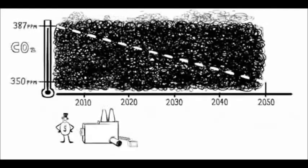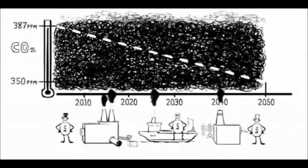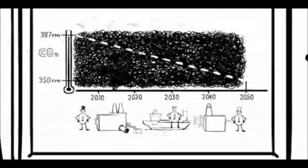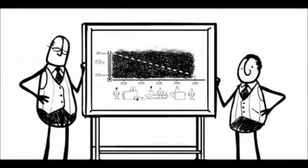The factories that make all our stuff, the ships and trucks that carry it around the world, our cars and buildings and appliances, and just about everything. So how are we going to reduce carbon 80% and not go back to living like Little House on the Prairie? Well, these cap and trade guys are saying that a new carbon stock market is the best way to